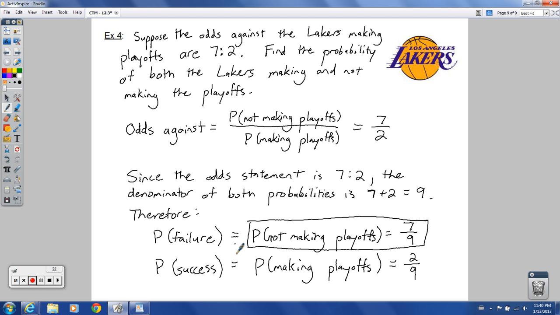There should be a 100% when you add up those two things, or 1, because they are kind of mutually exclusive things. Either one has to happen or the other one has to happen, but both of them can't happen at the same time. And that's leading us into stuff that's farther on in this chapter, so don't worry about that phrase yet for now, mutually exclusive. But these two things should add up together, because the probability of making and not making the playoffs together is 100%. So that makes sense,